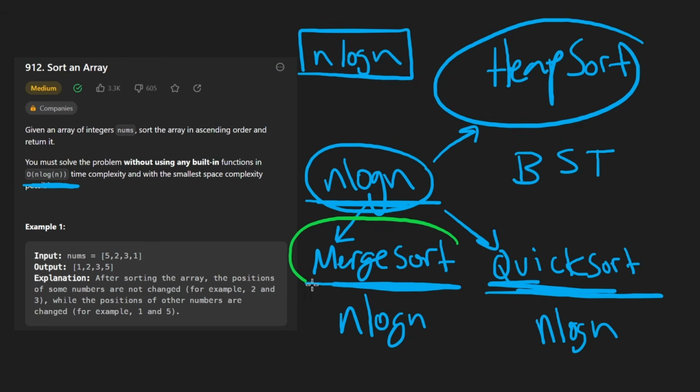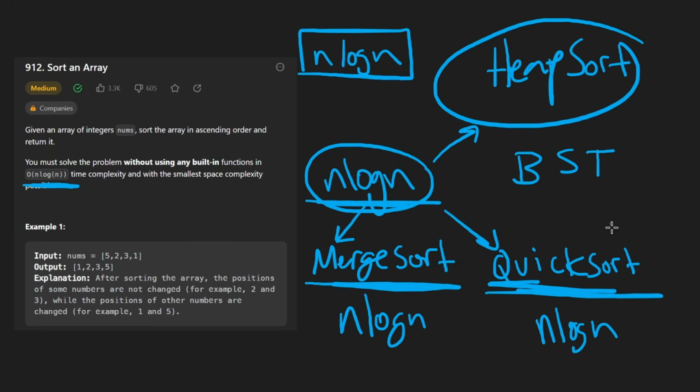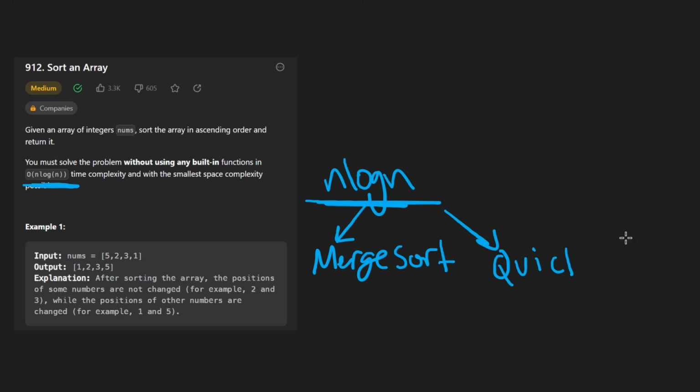I'm going to go with merge sort, though I encourage you to try out these other approaches. I think merge sort is one of the more difficult ones among this list, but I guess it's up to personal preference. Also, the quicksort approach does not pass on Leetcode, at least for me, the way I wrote it